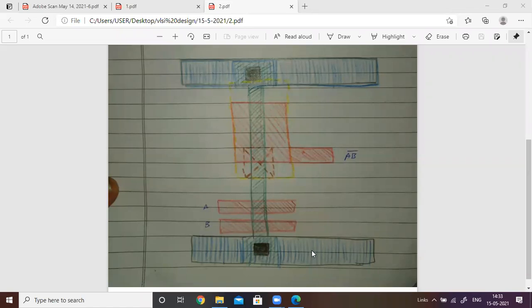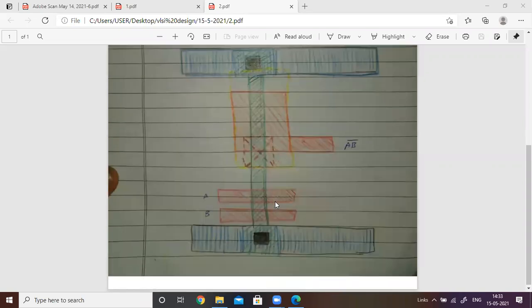two-input NAND gate in NMOS design. For example, if you want to draw a 3-input NAND gate, what to do? Same structure. You can draw another poly. You take another poly and draw it here: A, B, C connected in series. That's all. Like this, you can increase the number of inputs in the structure. That is the main thing in this case. Don't forget, don't confuse here.